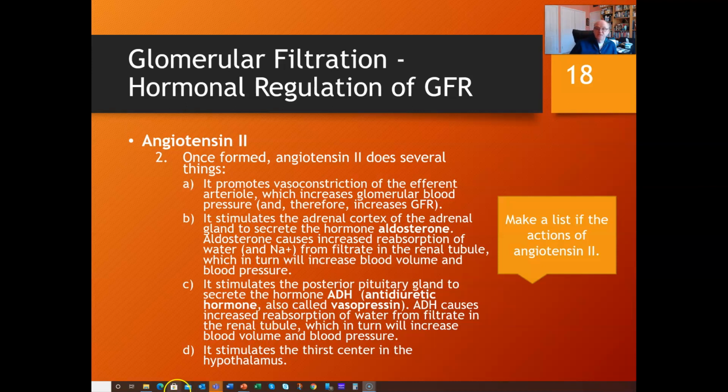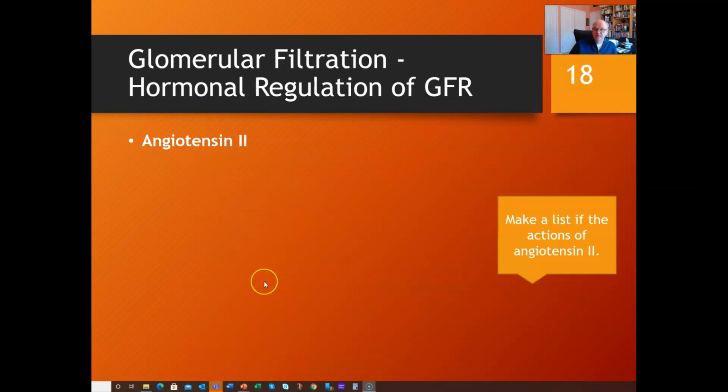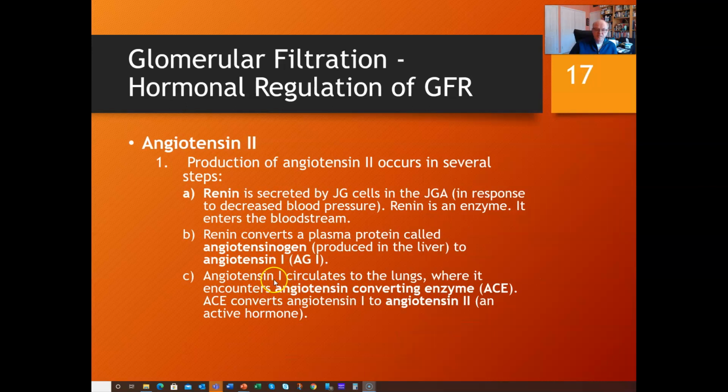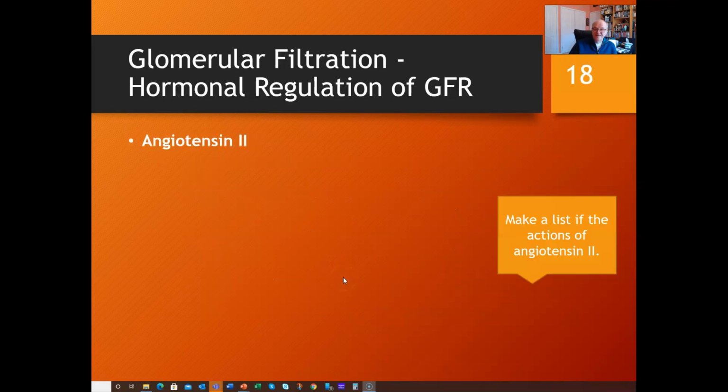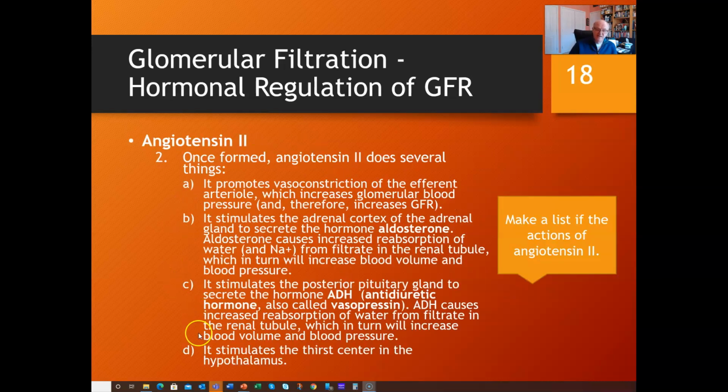Now, going back to the previous slide, which is important here, we're talking about this ACE, angiotensin converting enzyme. If you have high blood pressure, one of the standard pills that they will put you on, and I was on it for a while, I'm not on anything now, but I was on an ACE inhibitor for a while, and an ACE inhibitor inhibits ACE, the angiotensin converting enzyme. So it inhibits the production of angiotensin 2. So it inhibits all these things here